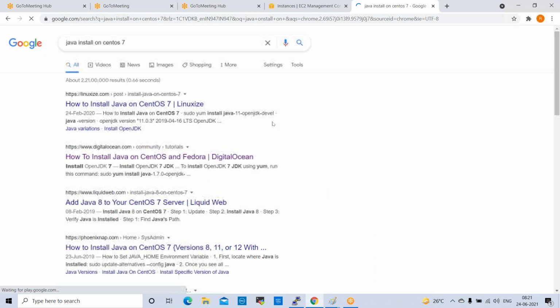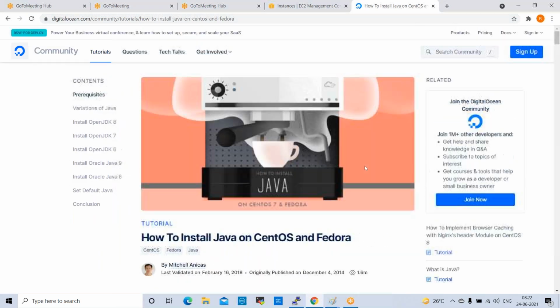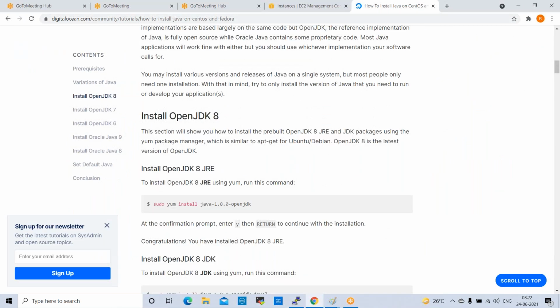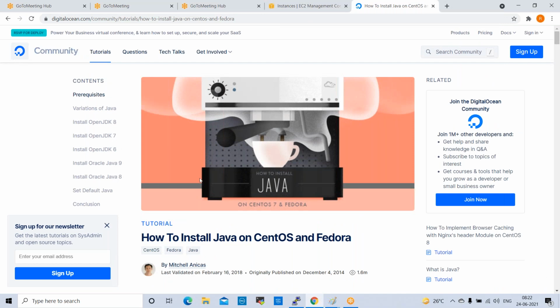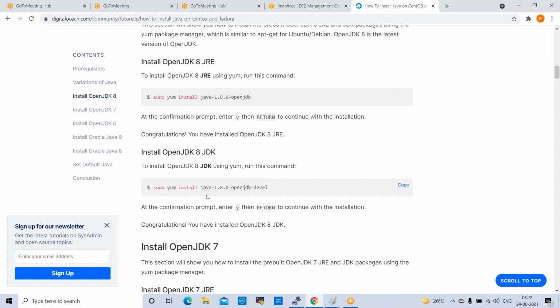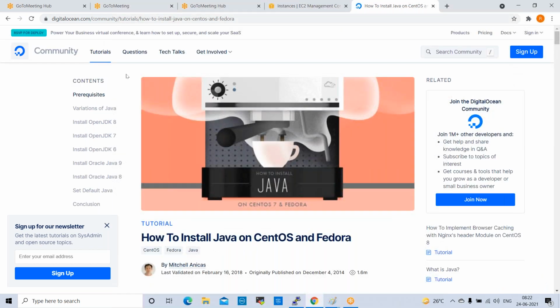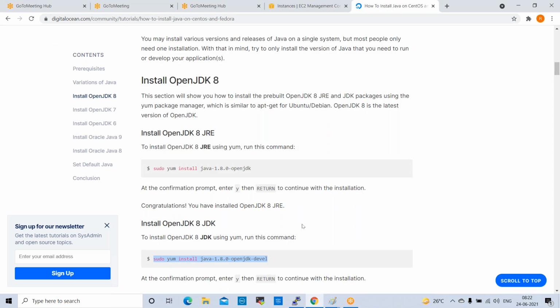There is a command that we can search for and use to install it, for CentOS and Fedora. Here we have DigitalOcean commands. You can take that simple command. Yeah, DigitalOcean. So how to install Java on CentOS. Search here like install Java on CentOS 7. Okay, so this is the command.